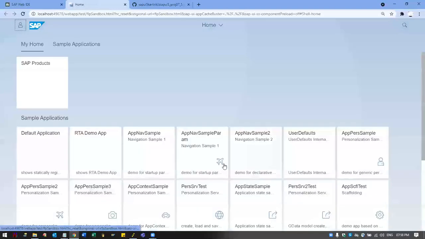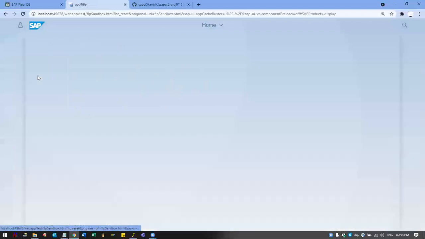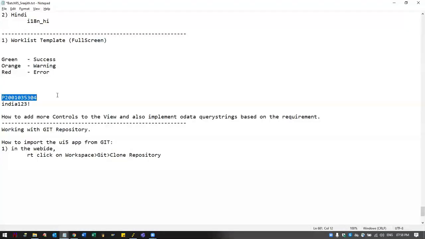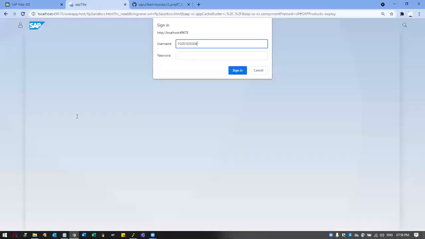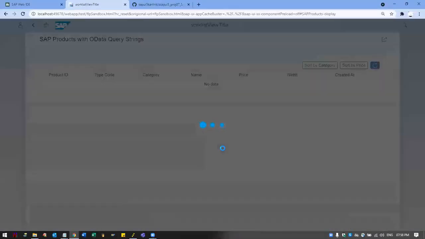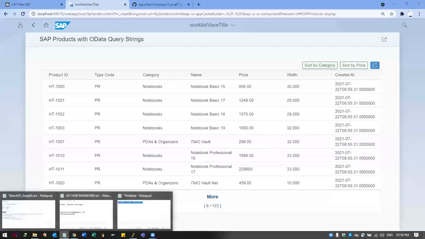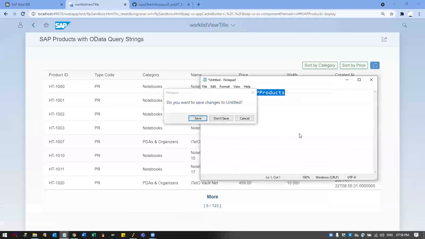And it will prompt for the, okay, so you'll get a launchpad, a mock launchpad, a demo launchpad. You can click on SAP products. Here you can give the SAP OData credentials, which you already have. And you must be seeing the one what I'm seeing. Okay, so part one, importing all that, is completed.